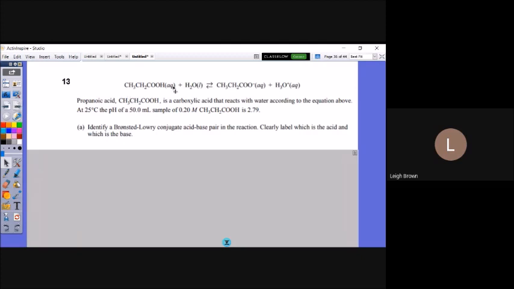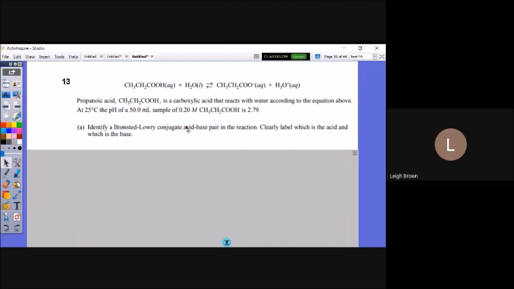This is an acid-base reaction, and I'll just talk you through this. Notice this is a weak acid, and you would be told it's a weak acid. It's reacting with water, and it's forming ions. Notice that we're asked here to identify a conjugate acid-base pair. This is actually, for teachers, topic 4.8. Go back and look at that. I think this actually might be eligible for the exam. I've asked that question to the College Board. No one's responded to me yet, and I will definitely get that information out to Matt if I hear that it is not.